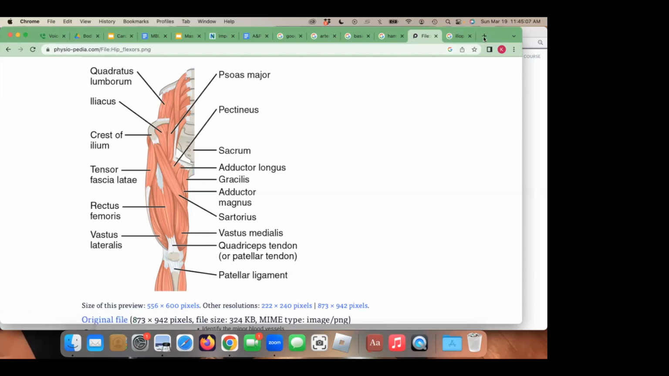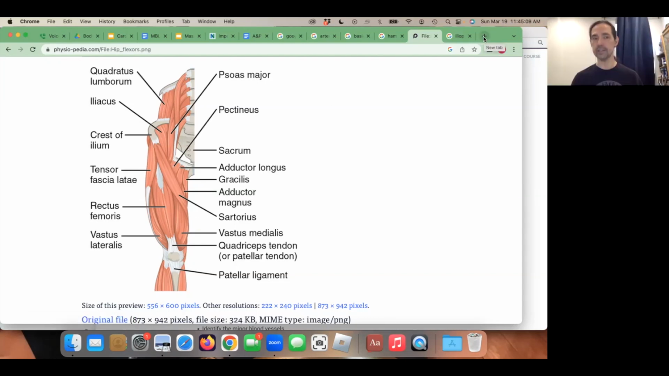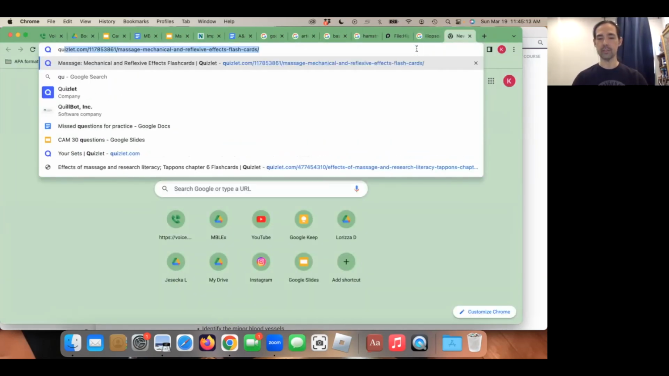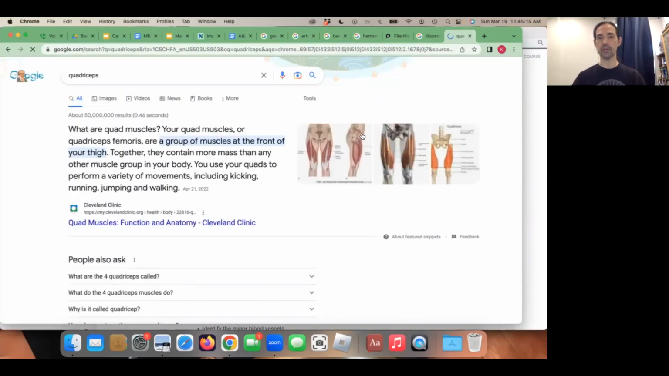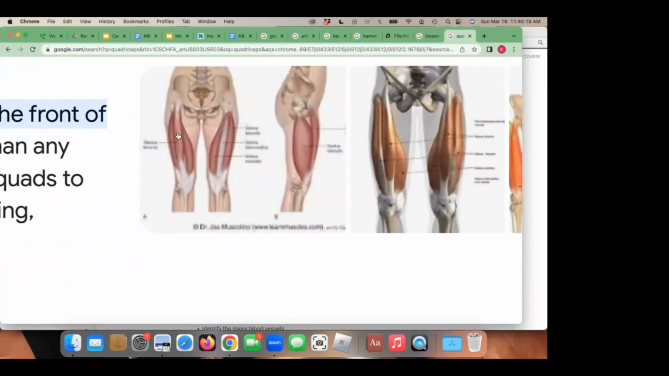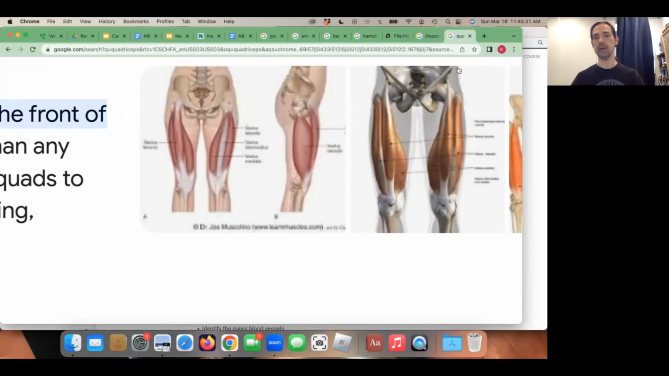Tensor fascia lata, yes. But a broad statement would be something like the quadriceps. Quadriceps muscles, right? And the quadriceps are made up of